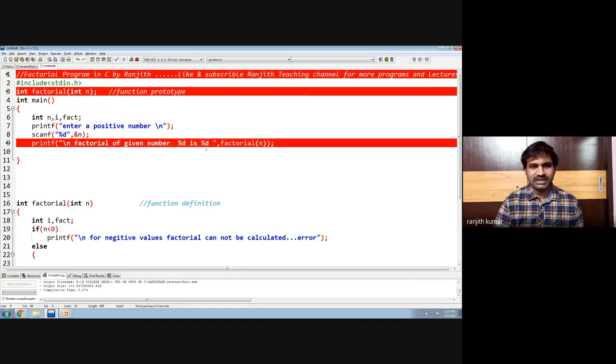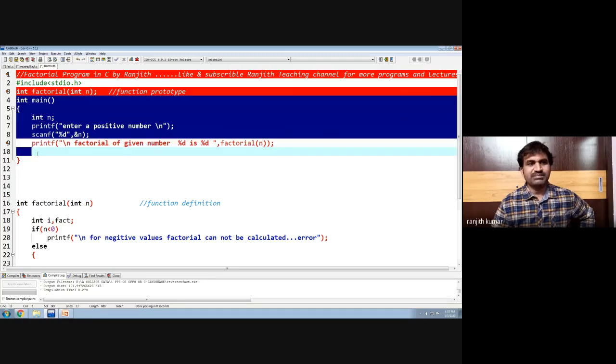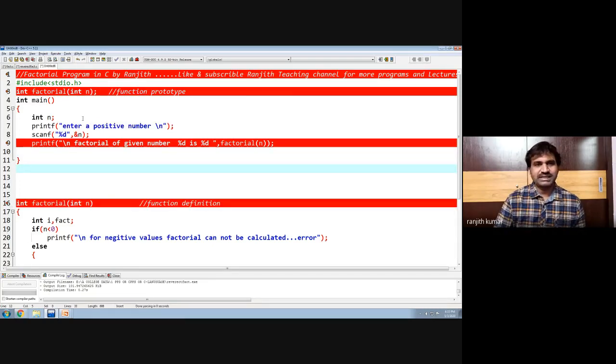We are calling the factorial function in the printf statement so that we can avoid declaring any extra variable. So this is the main function, where we are simply accepting the value and calling the function. Here we are showing three things: function prototype, function call, and function definition.